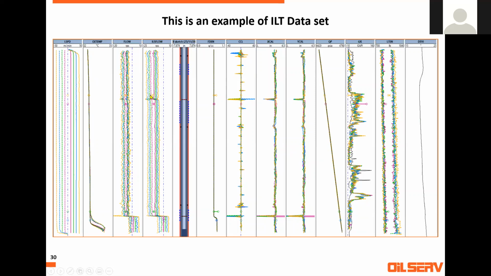Then here it drops. This completion is called SSD, sliding sleeve completion. Have you heard about SSD? It is a tubing, and it has a window you can open, a sliding window you can open mechanically, so you can control your injection. So there is a small window here. You see the CCL catches this window, the XY caliper catches this window. Everything gives a spike in front of this small window.